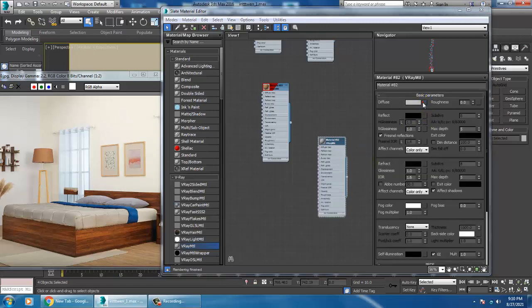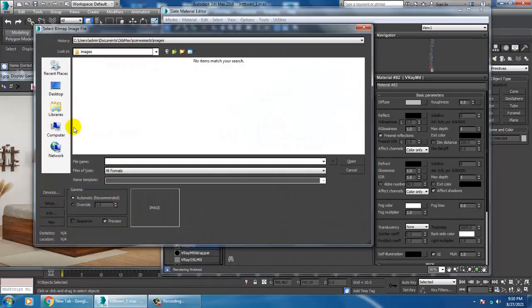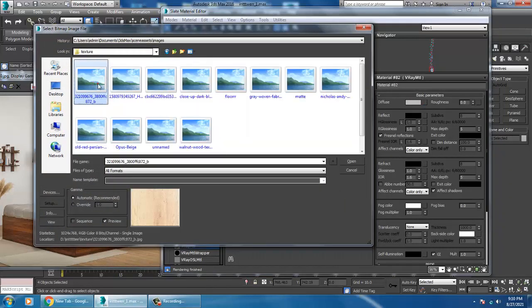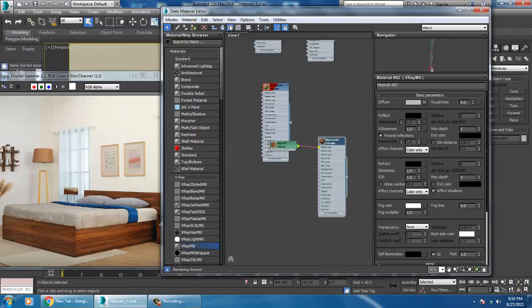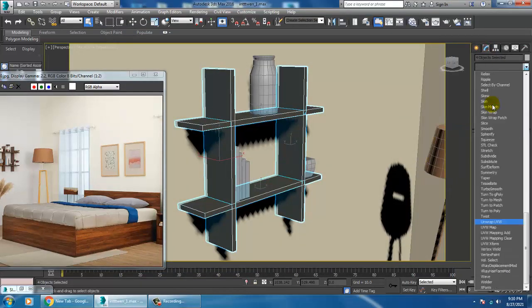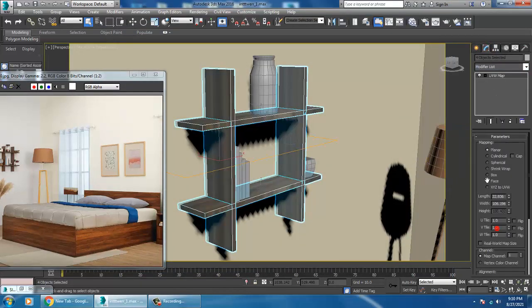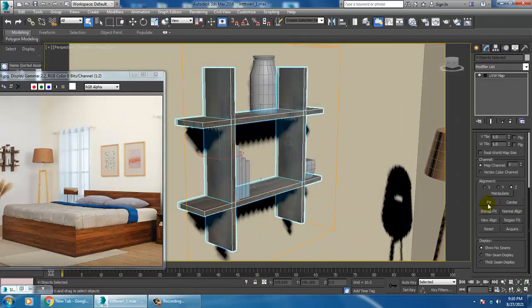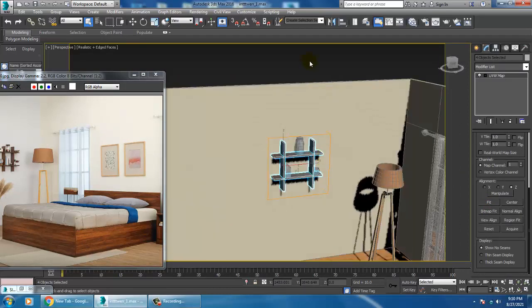Go into diffuse, bitmap, and let's open the texture part. I'll assign one texture over here for this, and let's give a UVW map, and let's fit that if you want to fit it.